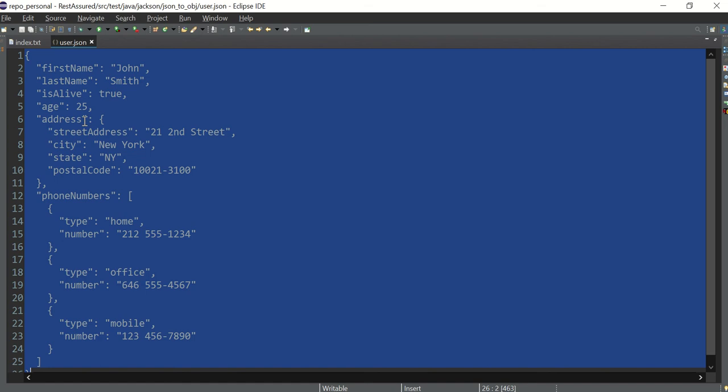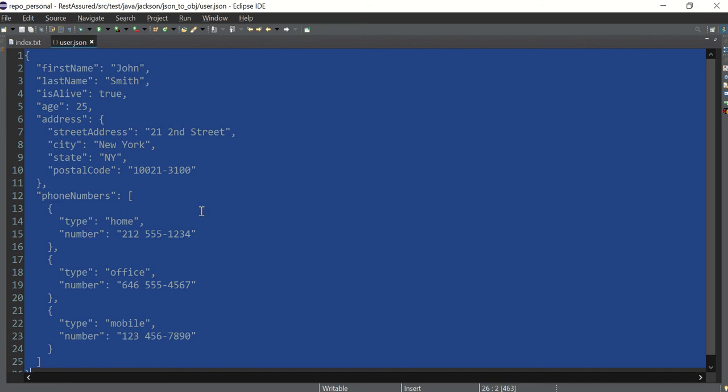So try to understand. I will explain once again. This is a normal JSON. Inside the JSON there are simple key-value pairs, and there is one nested JSON, address. And this is an array. Phone number is an array, and this is the first element, this is the second element, and this is the third element. Every element is not a simple string like we have seen in the previous chapters. This is again a JSON, so you can say this is a JSON array, an array of JSONs.